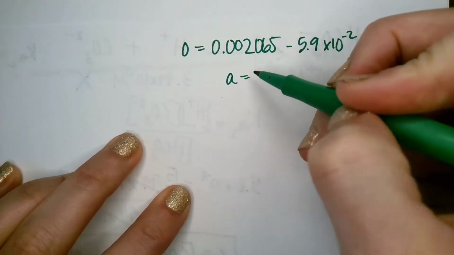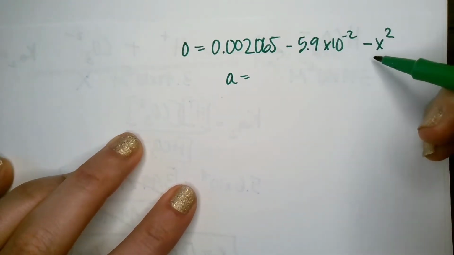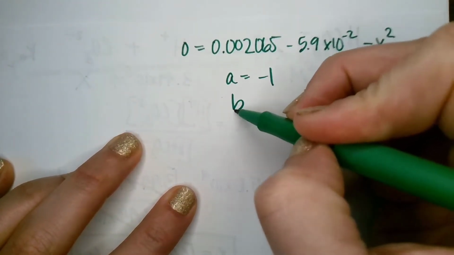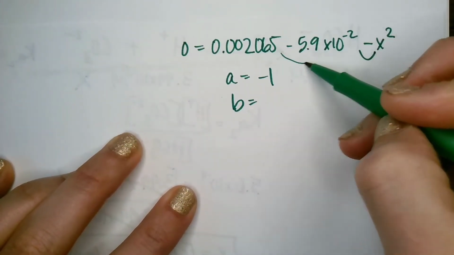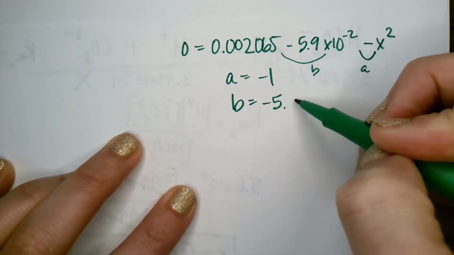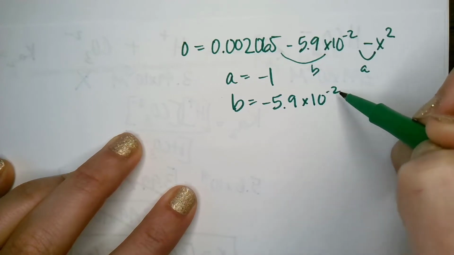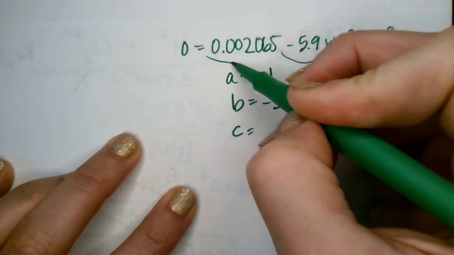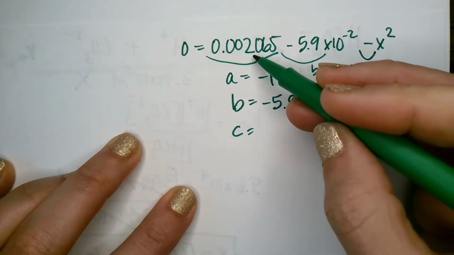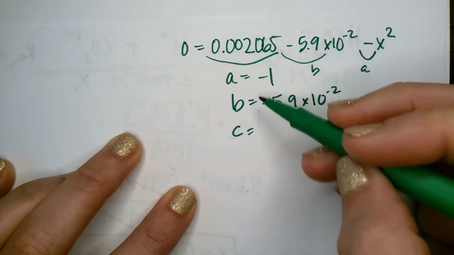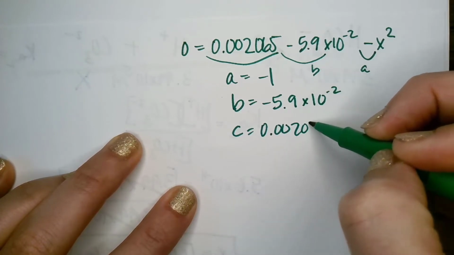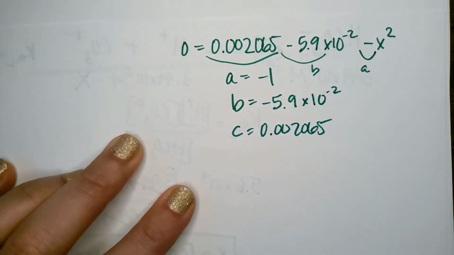All right, so when we plug this into our quadratic formula, our a is attached to our x squared, so negative 1. Our b is negative 5.9 times 10 to the negative 2. And c would be, you could say 2.065 times 10 to the negative 3, or the way we wrote it out,